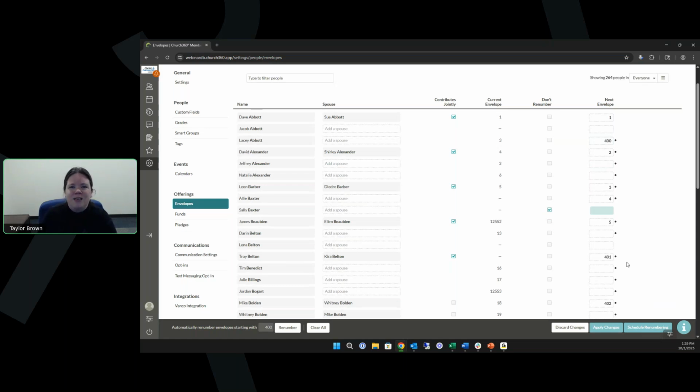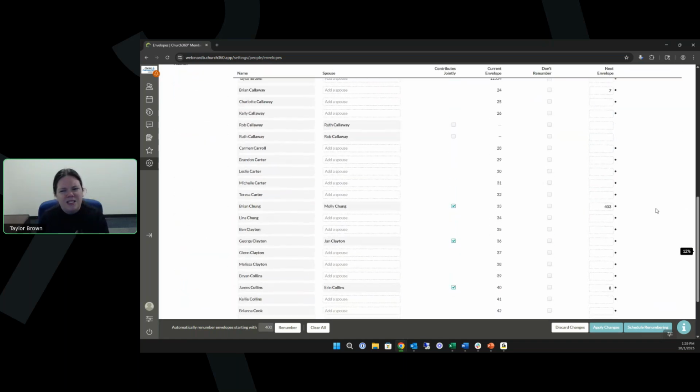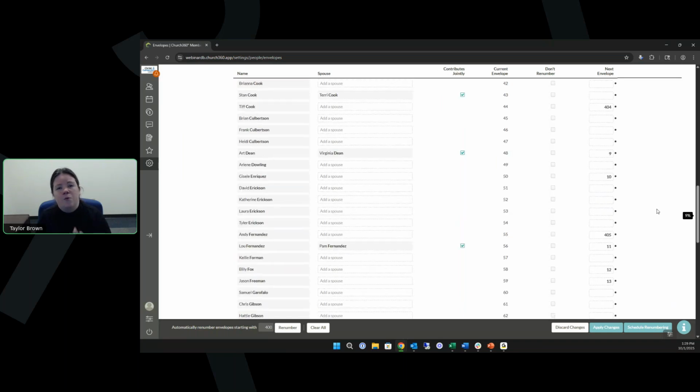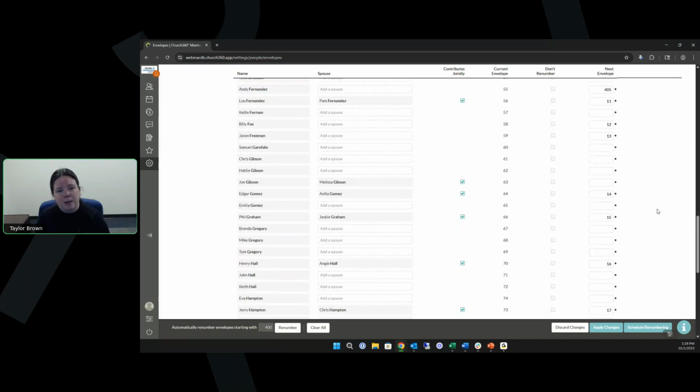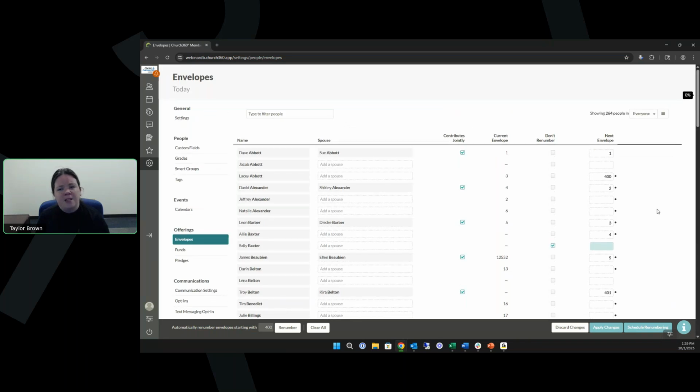But if it is to a certain extent like what we have here, where we're making all of these different changes, I would recommend scheduling the renumbering so that, at the very least, once you're finished scheduling this renumbering, it has at least a day before it is applied. And one of the reasons is so that, one, you can generate an envelope number list of what is currently happening and what is